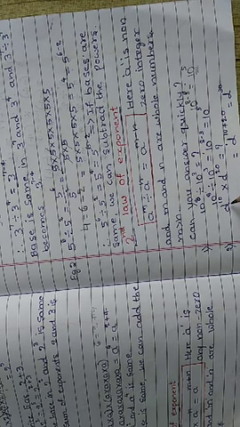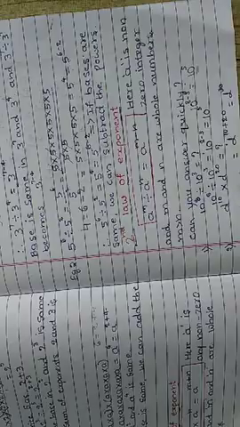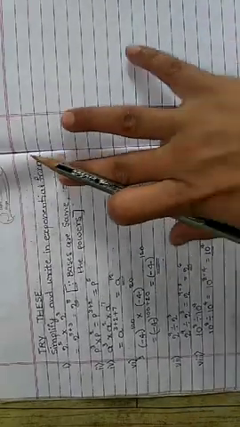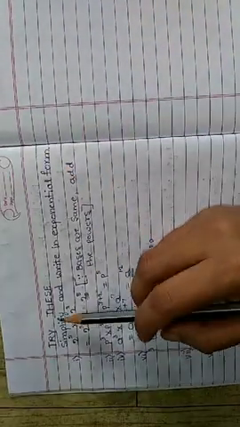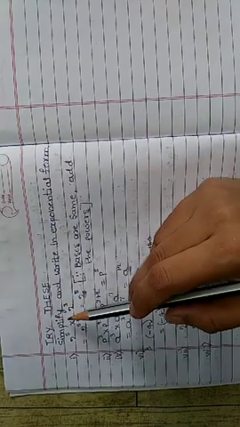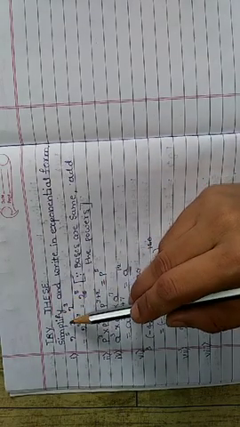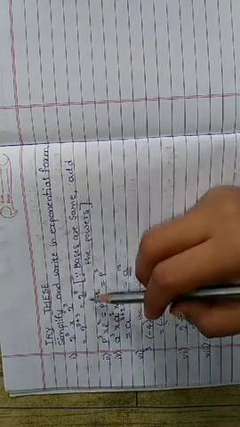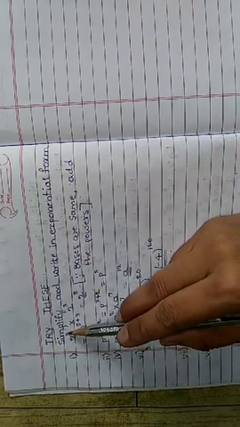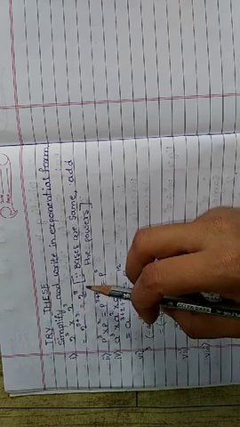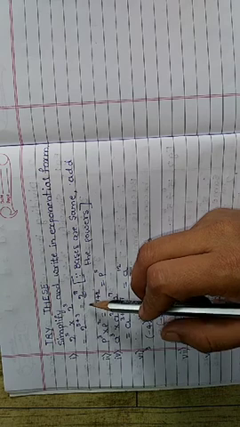Next one, d raised to 10 into d raised to 20, already we have solved it. Next, in the textbook, they have given a few problems in Try These. Can you try these? Simplify and write in exponential form. First one, 2 raised to 5 into 2 raised to 3. We have to simplify and write it in the exponential form.